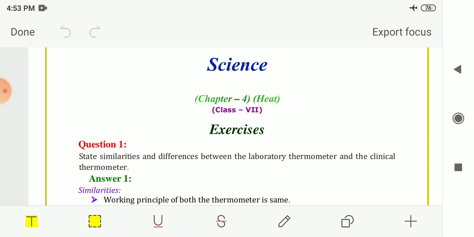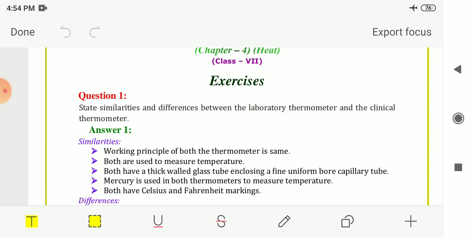It is because wool is a poor conductor of heat and it has air trapped between the fibers of the wool. And normally heat is more absorbed by a black object compared to a white object, that we had also seen by one activity. So now let us start the exercise, the textbook exercise solutions for this chapter.